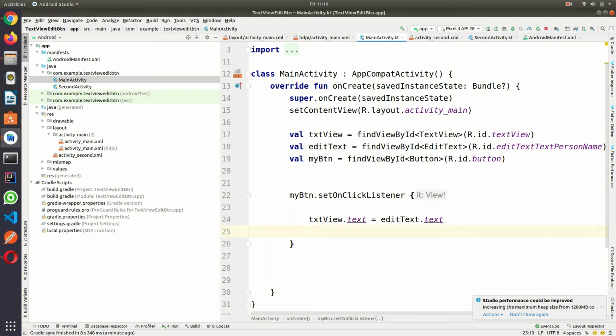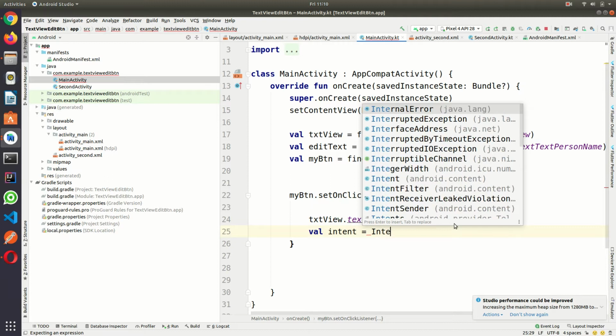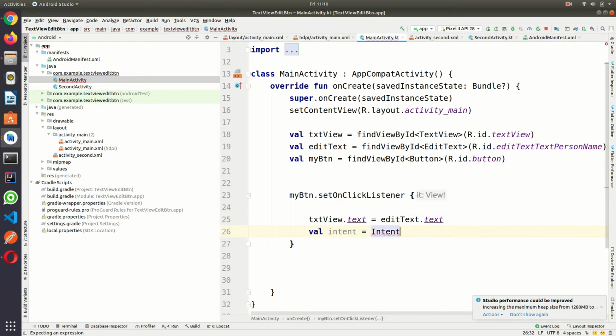Intent is equal to Intent, then this intent requires a context, comma, where you are going to navigate, the second activity.